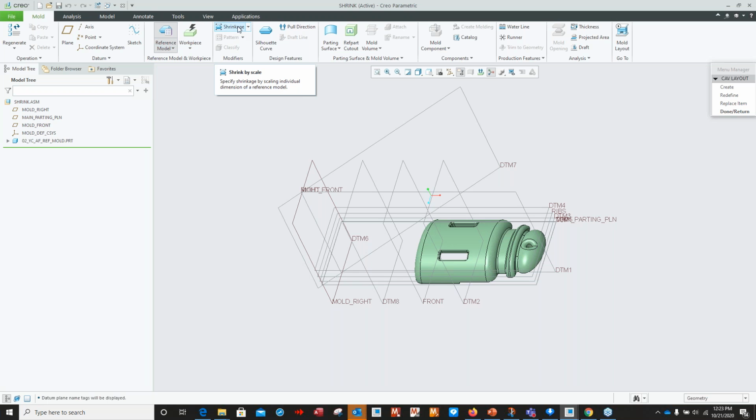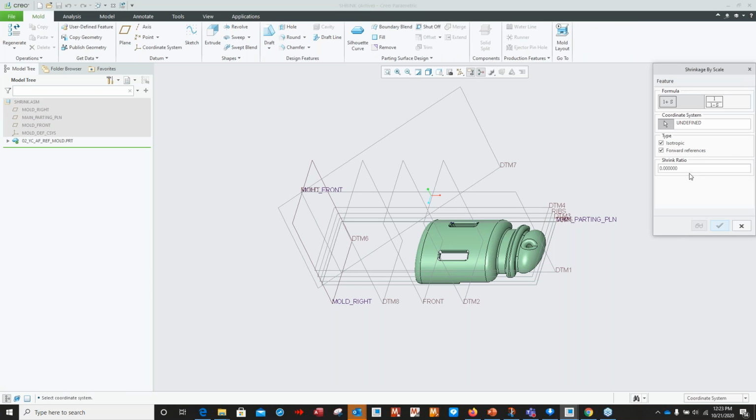You can do your workpiece, but your shrinkage is right here. So for the shrinkage, we can shrink by scale or shrink by dimension. Typically it's a scale. So yeah, can't believe I missed this. When you're dealing with plastics, whatever plastic material you have, there should be a recommended shrink rate that you'll receive from the material supplier or from the experience of the tool shop that's building that tool, especially if they've used that material before. So we select shrink by scale, and we set the shrink rate,